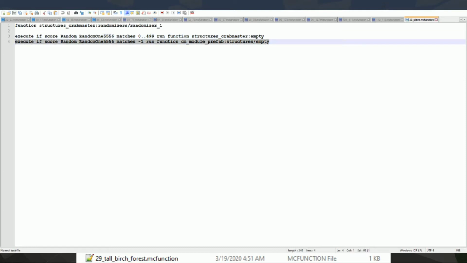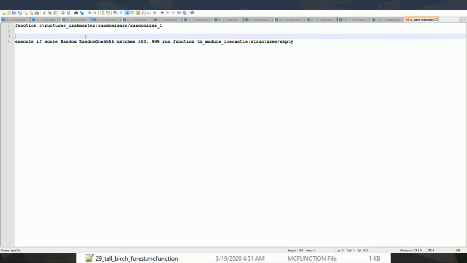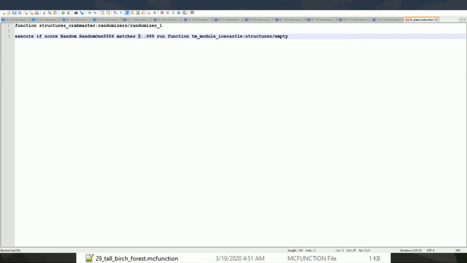This line is, I guess, the one that you'll be working with later. This is the one where, for instance, if we were putting something into the plains biome, you would, of course, want to replace that with the Ice Castle name, or whatever name your pack is. And then you would want to give this a value, such as that for the other 50%. Now, if you always want it to spawn, you can easily just delete this and then make that 0 to 999. That means it's always